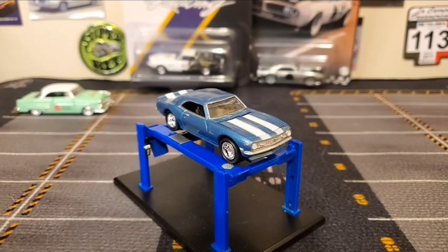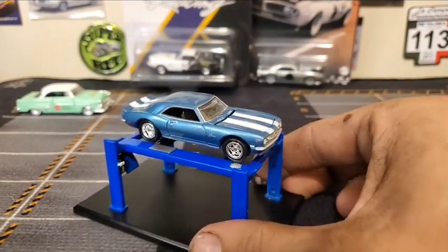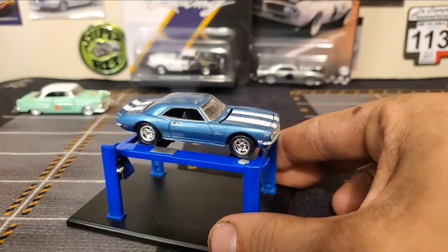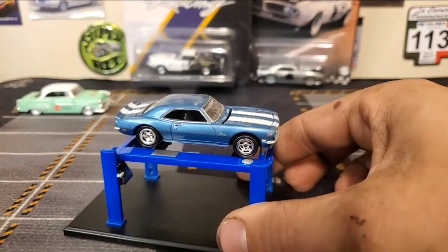This is a Z28. So, in my last video, I made a fool of myself when I had a Z28 on, and I said I saw a 302 badge on the hood, and I was like, huh, I wonder what that's all about. I didn't think the Z28 had a 302. I was always under the impression that the first generation Z28 Camaros were big block cars. They're not. The Super Sports had a 396, but the Z28 had a 4.9 liter or 302 cubic inch V8